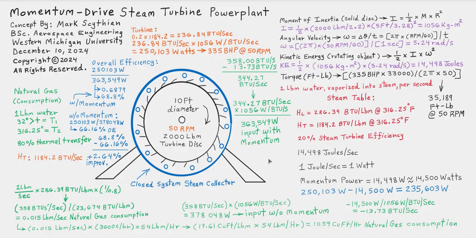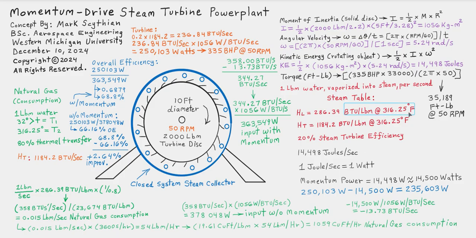And so we have to figure out then here in green what the energy input cost or consumption will be to make that happen. So we'll use natural gas. And natural gas has an energy density of 23,674 BTU per pound. And so the initial temperature is anywhere above freezing point to its final temperature